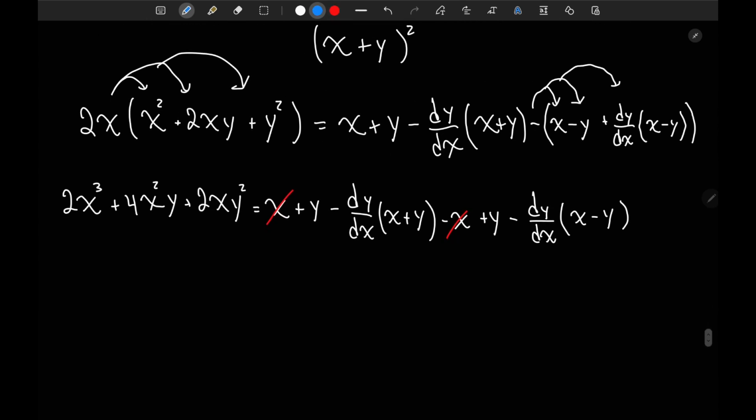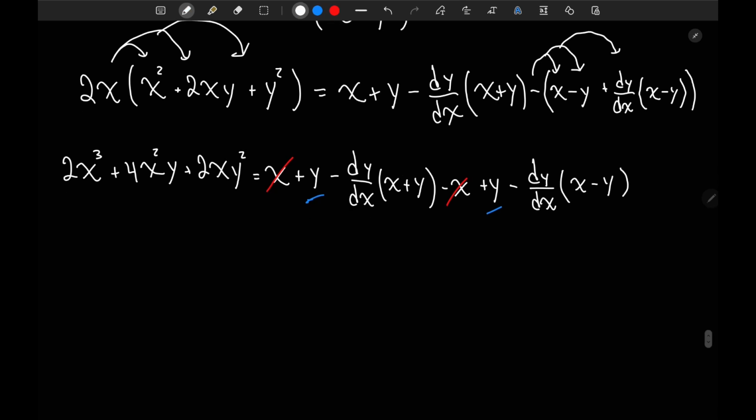And then we could see that this y will be added with this y to make 2y. And we'll bring that 2y over to the other side. So we will have 2x cubed plus 4x squared y plus 2x y squared. Then where we bring these blue y's over, minus 2y is equal to, now we'll be looking at all we